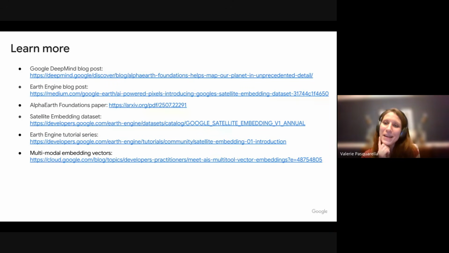Asking about if the embeddings are aggregated over the year, how can we analyze seasonality, summer months, winter months? The most straightforward answer is bringing your label data to match the cadence of embedding. So what do I mean by that? A classic example of this we've heard is crop classification. If you're getting sequences of crops in different periods, rather than saying, okay, this is corn and this is soy in these different months,